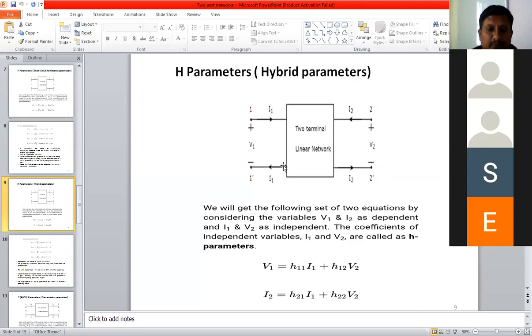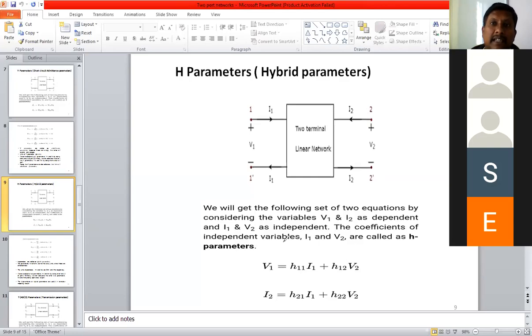So this is the common diagram we used for understanding Z parameter as well as Y parameter, and this diagram will help a lot to find out the H parameter as well as transmission parameters also. As usual, this is the two-port network, central part. It consists of linear elements, resistor, inductor, capacitor, all passive elements. Next, it has two ports, port 1 and port 2. Port 1 is named 1 dash, second port is named 2 dash. Variables are shown here, V1, I1, then V2, I2.